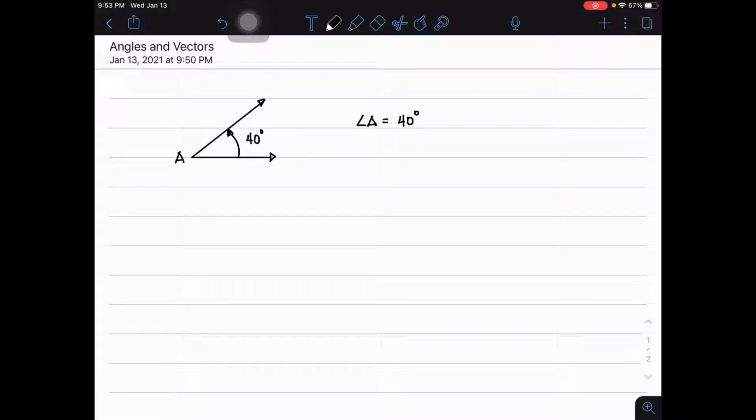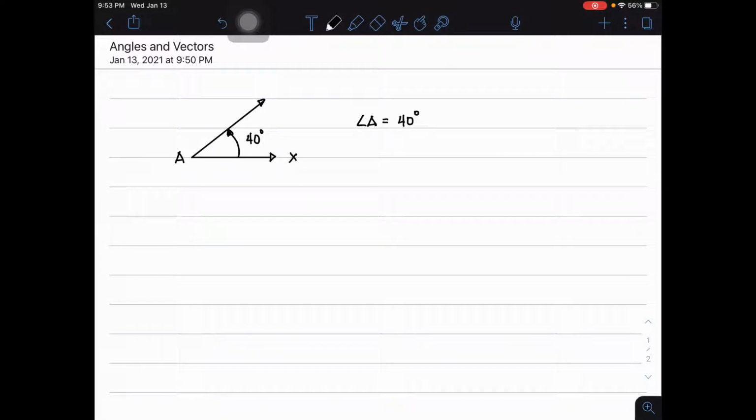But you can also express that angle in a different numerical value. Okay, so when we measure angles from the positive x-axis,